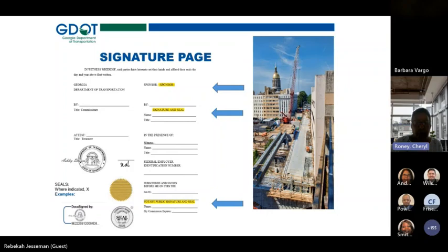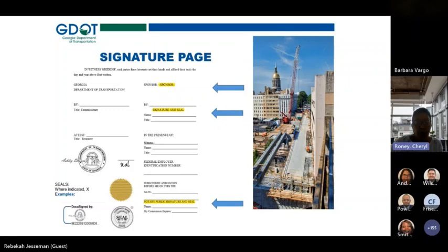And previously we were putting a seal in parentheses, but we made a change because it was a lot of issues. So therefore we put underneath where you have to put the signature in and the seal. And also you can write the word seal if you do not have a seal. That is also acceptable. Then you have to complete the name, the title, and then the witness has to complete their name, and then down below the notary.